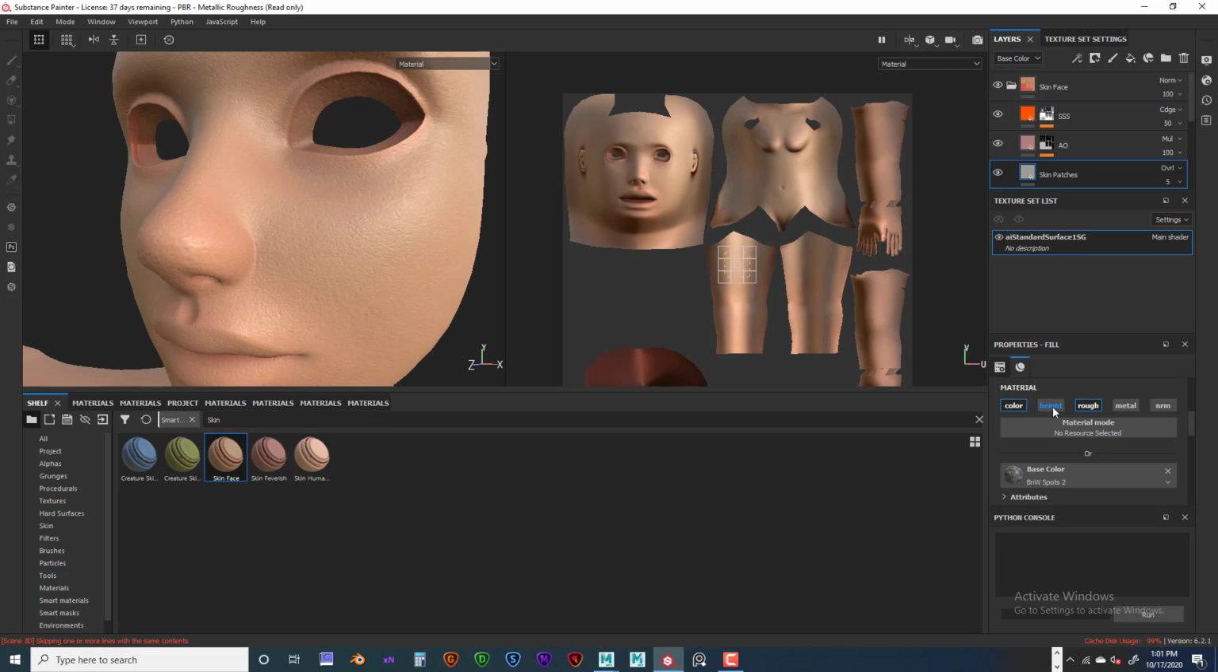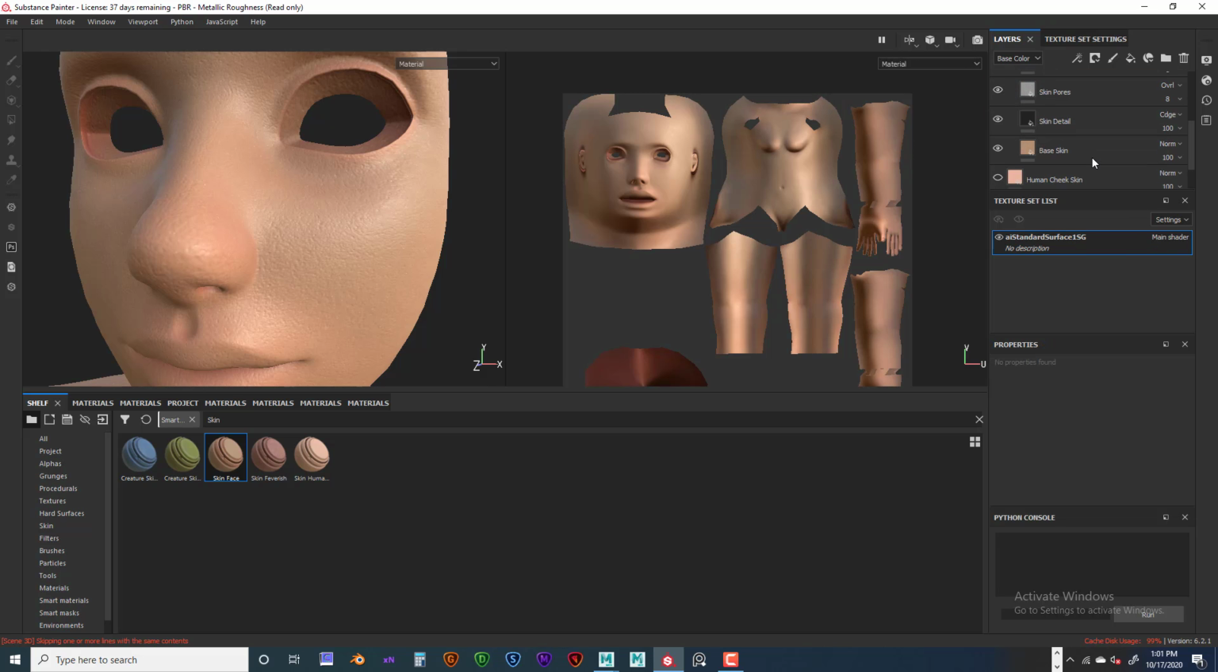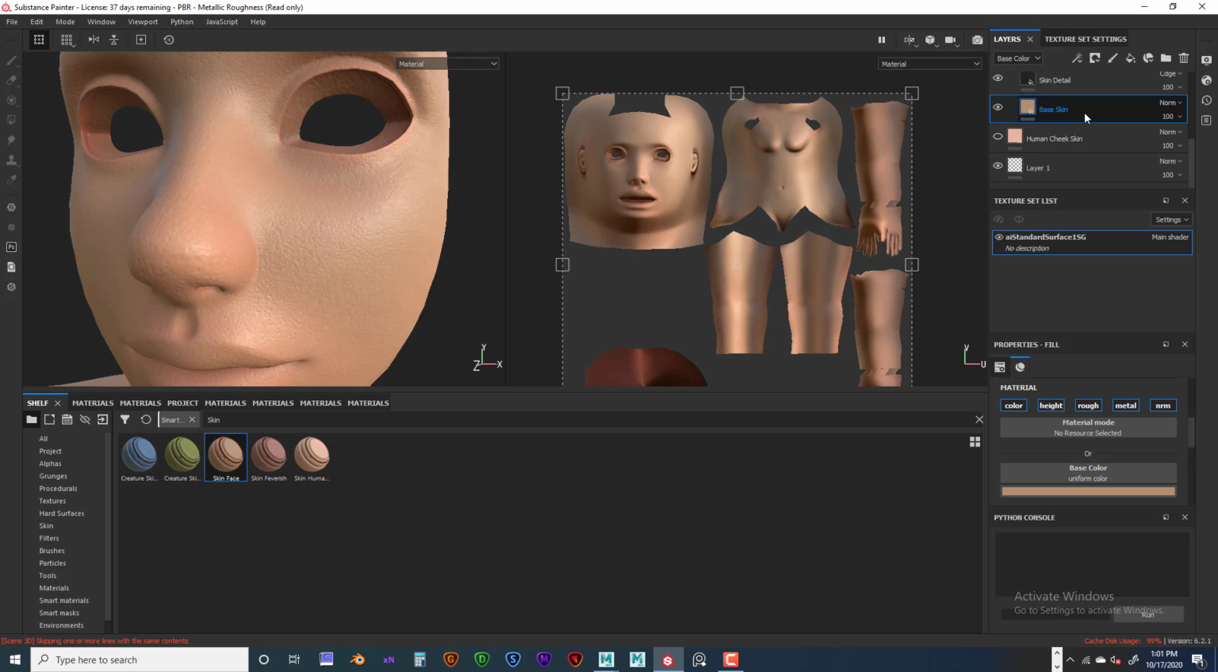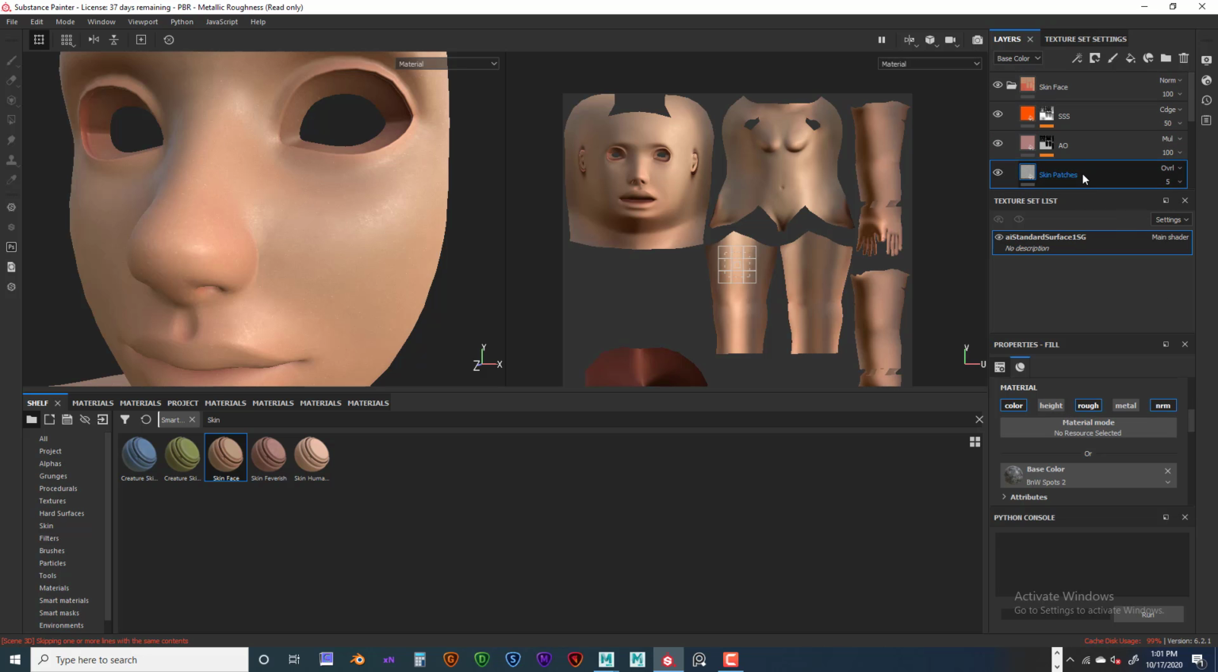We've got color, roughness, and let's turn on normal map. Okay. And it looks like that's the old one. Base skin, that's the normal. Skin detail, skin pores. Okay, you can see we got height. I'm going to turn height off. I'm going to turn normal on. Skin patches. Okay. We're not going to be using height maps in Arnold. Okay, so